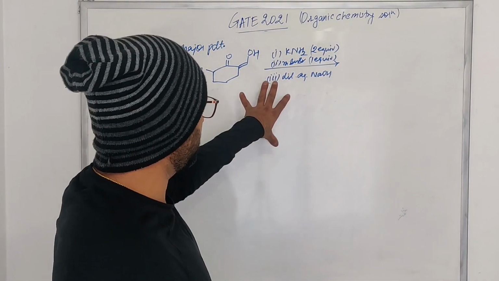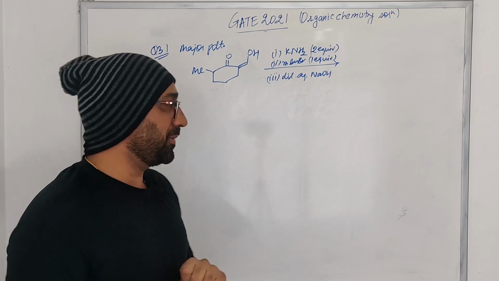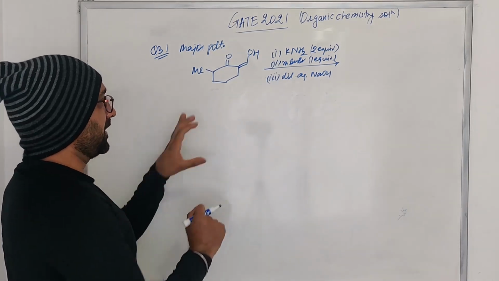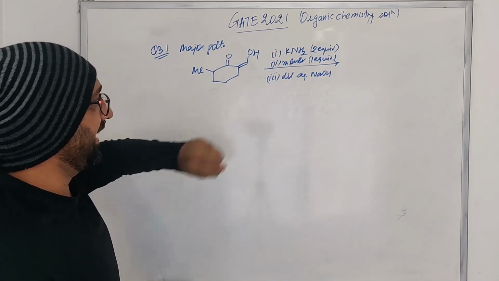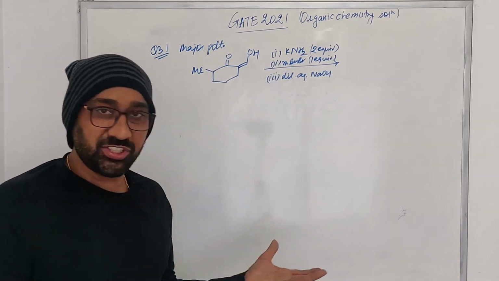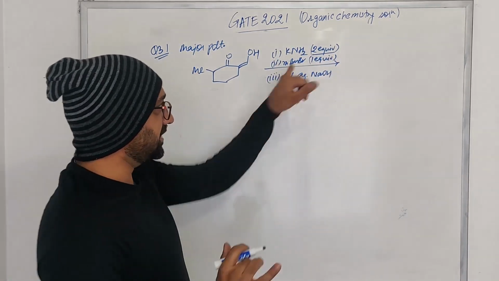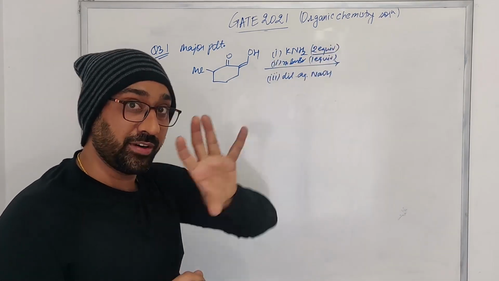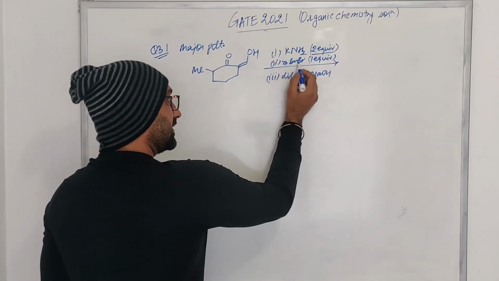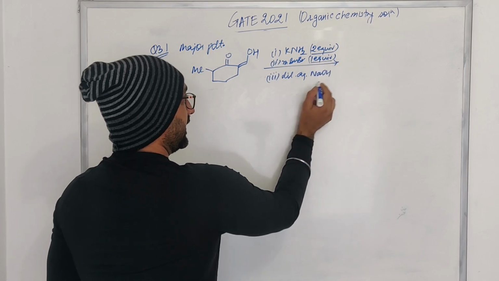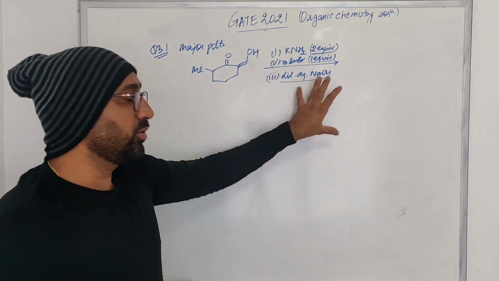Now let us look at another problem. So this is a very interesting problem. So what you have is this particular substrate, and then you are treating with potassium amide, and important, just pay attention to two equivalents. That is very important here in this case. Then you are treating with the butyl bromide, you have one equivalent, and then you are using dilute aqueous NaOH.